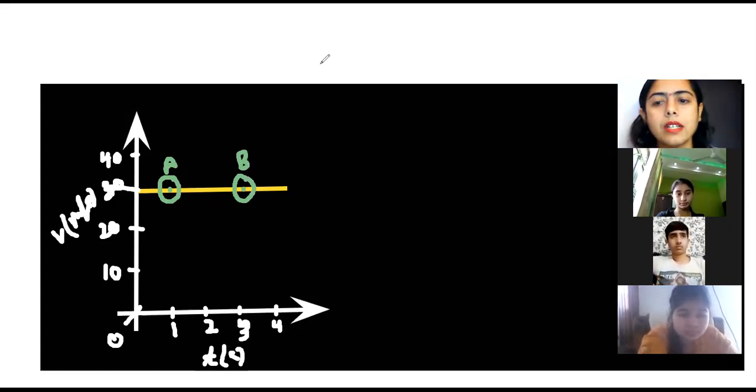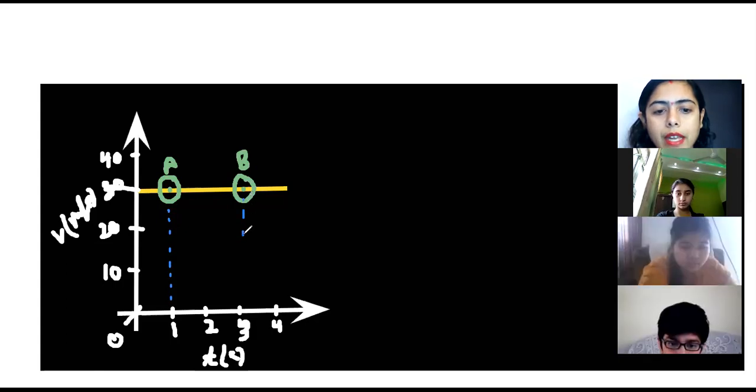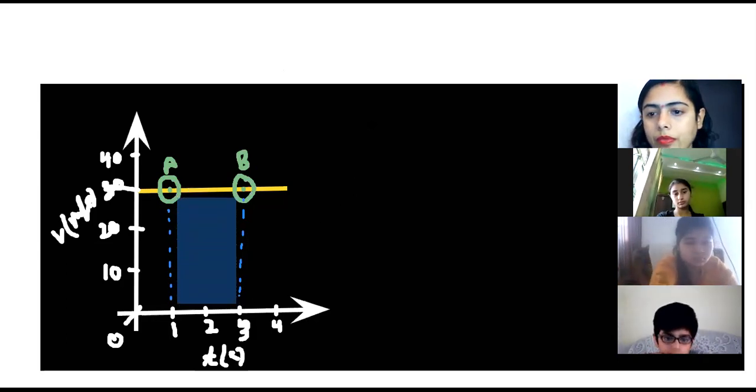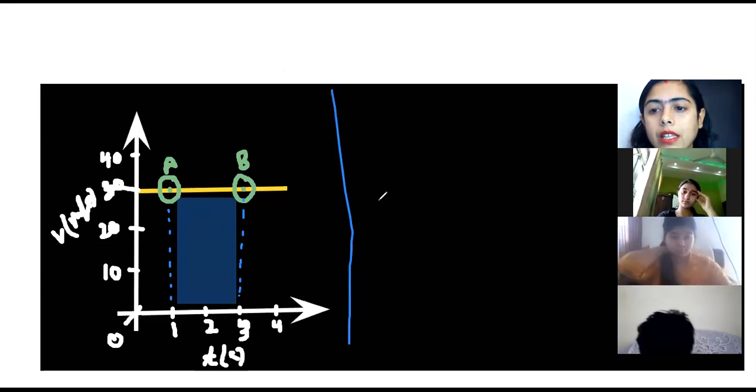Now, dear students, in case of a velocity time graph, if you have to find out the displacement, you have to extend the lines onto the time axis. Whatever figure you are getting, you will find the area of that figure. Now I'm extending it onto the time axis. Fine. From both sides, the figure I'm getting is a kind of rectangle. Isn't it a kind of rectangle? So if I directly find out the area of this rectangle, that is going to give me the displacement.